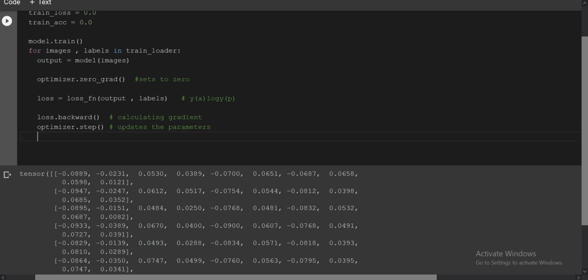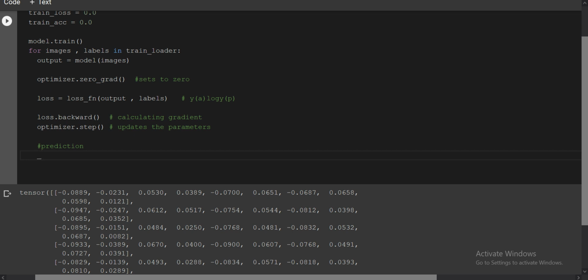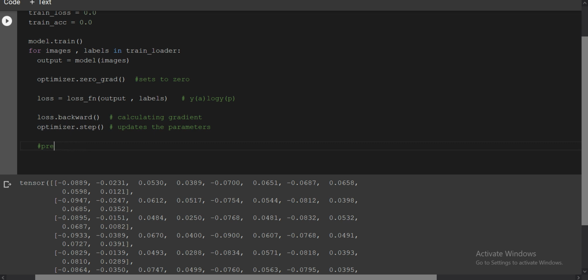Now we will see the prediction and the loss function, and we will calculate all this. So what you will write here is prediction. You can use torch max or you can use argmax, I will explain, don't worry, depending on you. Argmax is basically returning something.